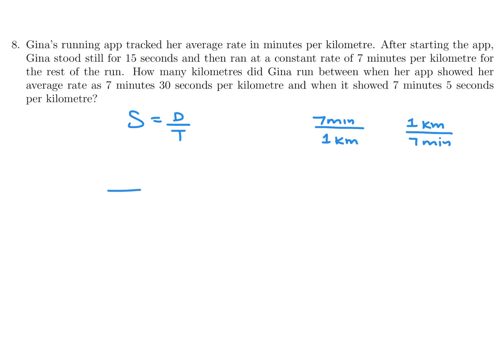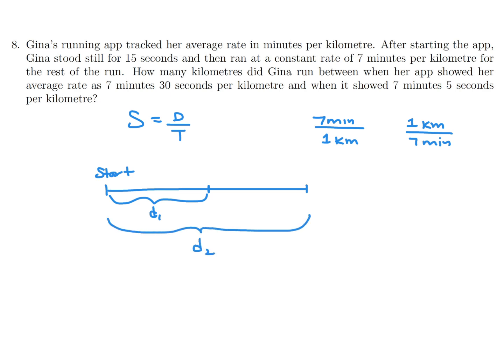So let's draw a little diagram. So let's say this is the start, and then she gets to a certain point, and we'll call that distance D1, and then she gets to the last point, and then we'll call the total distance D2. So this is what we're interested in, this part. They're saying how many kilometers did Gina run between when her app showed her average rate is 7:30. So this is, let's say, when it shows 7.5